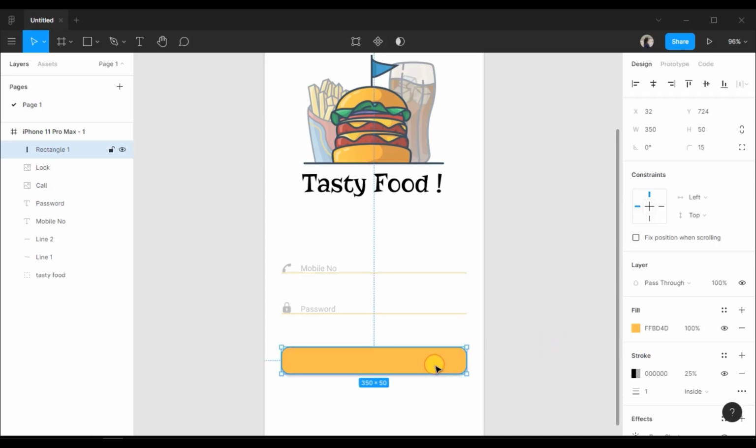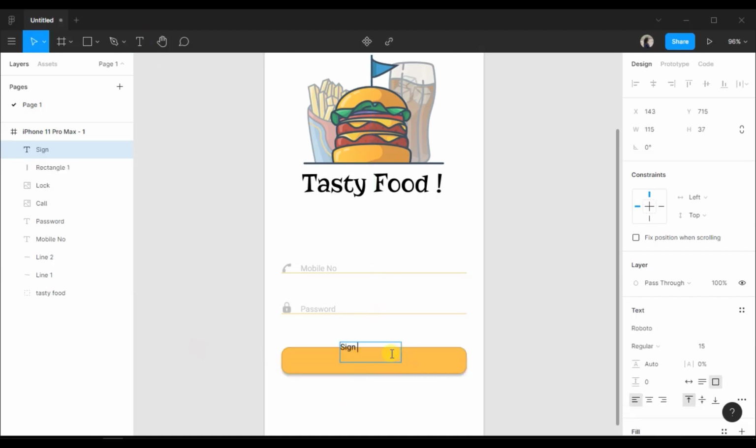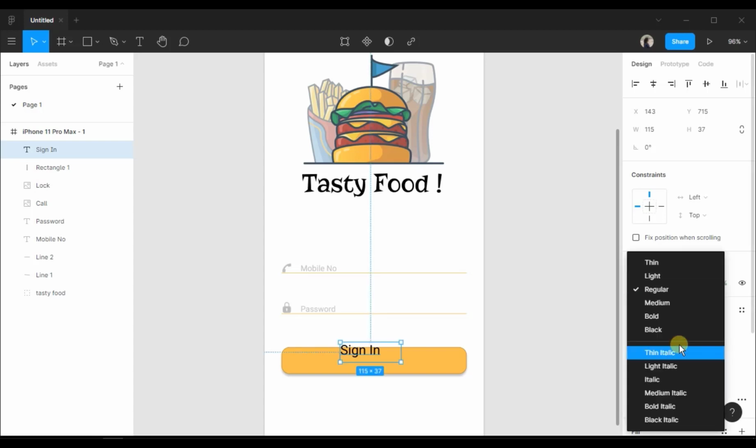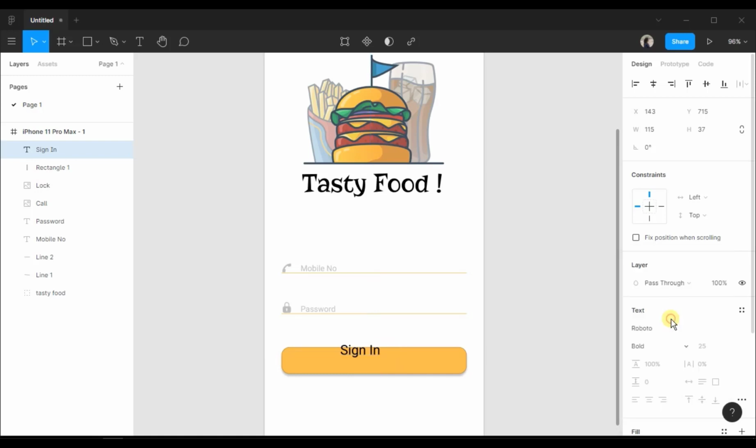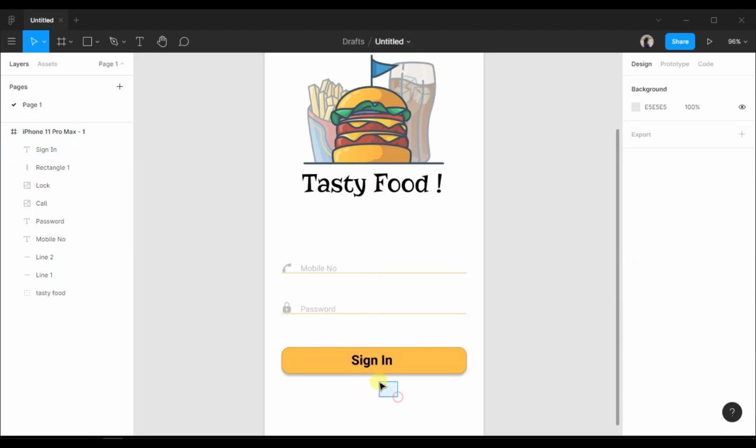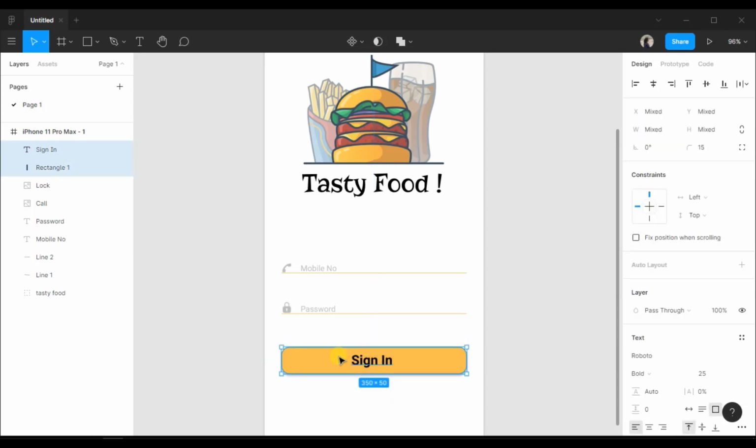Now let's take a text box to add the text onto this button. Sign in, and size will be 25. And let's change this text to bold from here. Now let's group this text and rectangle.